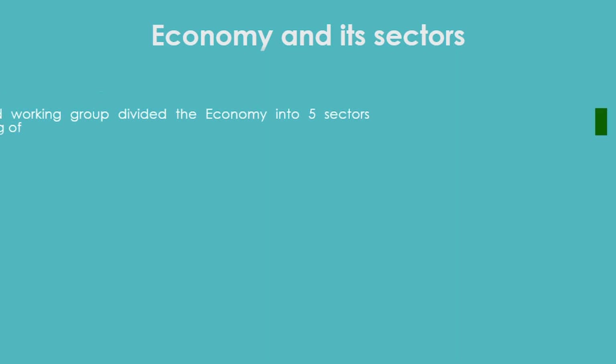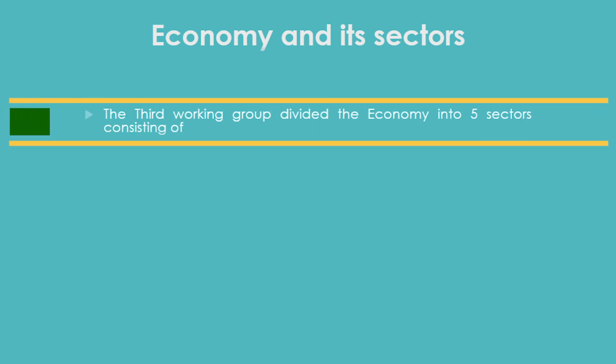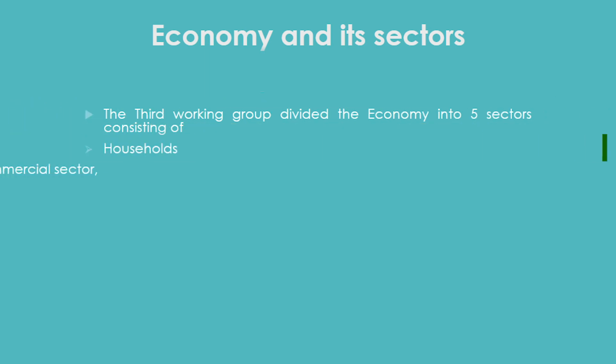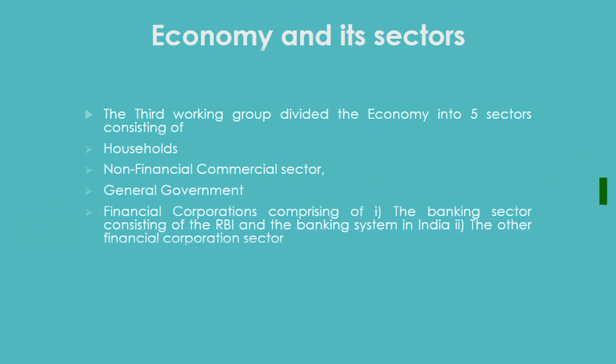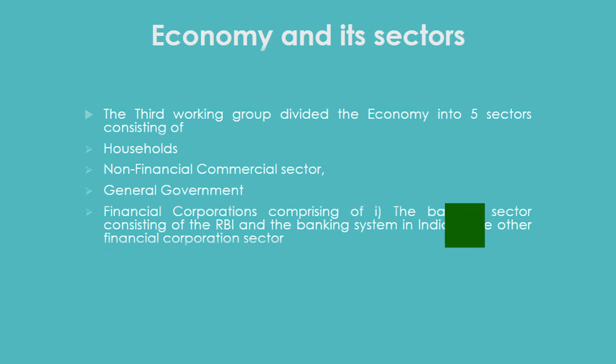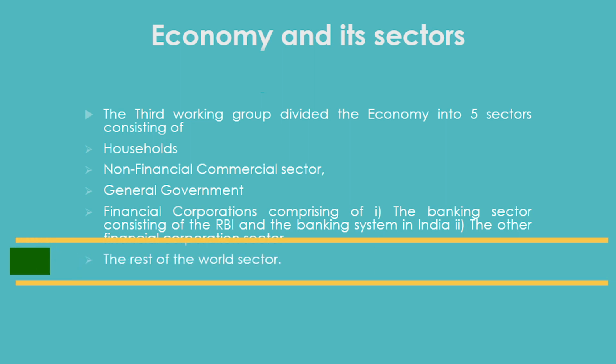it really worked. Basically, the third working group divided the economy into 5 sectors, consisting of households, non-financial commercial sector, the general government, financial corporations comprising of the banking sector, which obviously consisted of the central bank, the RBI, and the total banking system in India. And we had the other financial corporation sector. And then we had the fifth one, that is the rest of the world sector. So basically, the whole economy was divided into 5 sectors while forming the monetary aggregates by the third